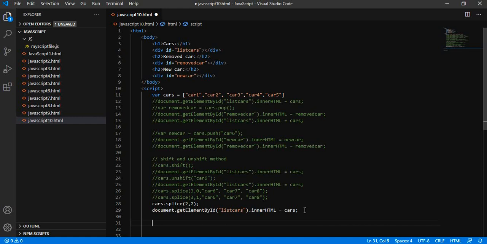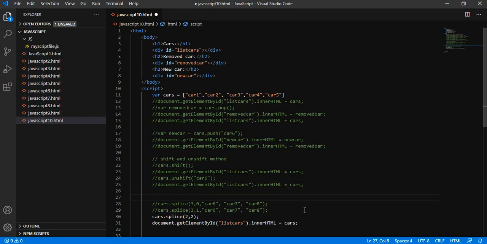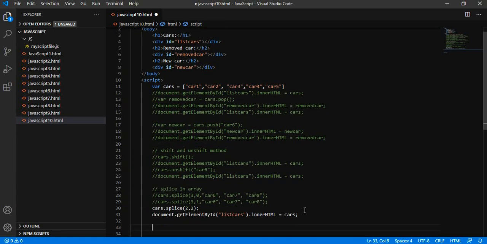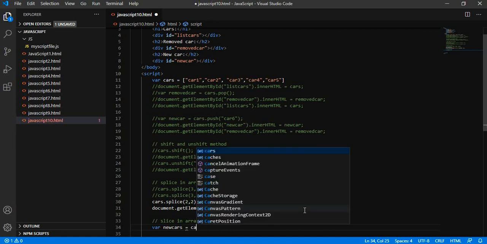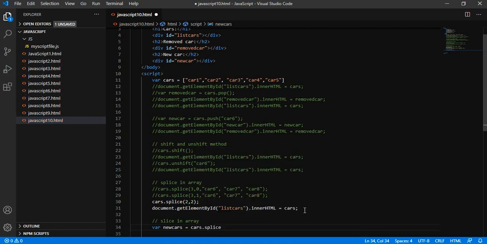Now let us see the slice method. Now let's see slice in array, where new cars equals slice, and I am saying 2.